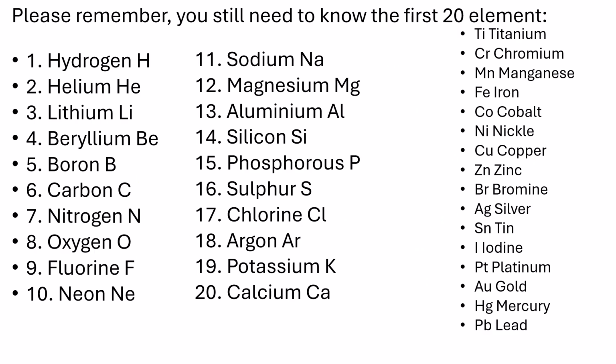But these are the first 20 elements. In grade 8, you have to learn all the first 20. You need to learn their name and their symbol. Spelling counts. It's one of the only times that spelling counts in natural science. So please make sure that you are spelling them correctly. The only exception is here for sulfur. You can substitute an F. We do accept that. But please make sure that you are spelling them correctly.